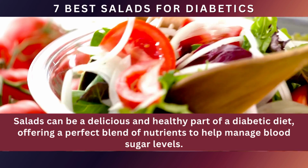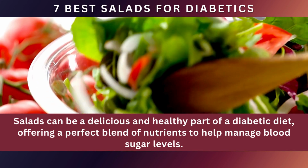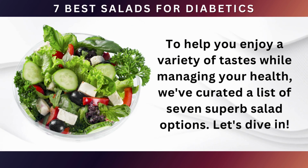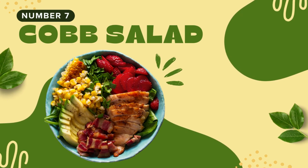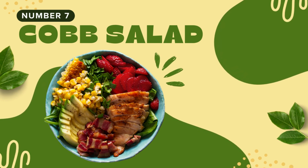Salads can be a delicious and healthy part of a diabetic diet, offering a perfect blend of nutrients to help manage blood sugar levels. To help you enjoy a variety of tastes while managing your health, we've curated a list of 7 superb salad options. Let's dive in. Kicking off our list at number 7 is the classic Cobb salad, a robust mix that's as